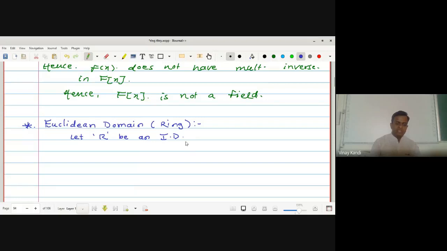What it means is that R is a commutative ring with unity without zero divisors. Then R is said to be a Euclidean domain